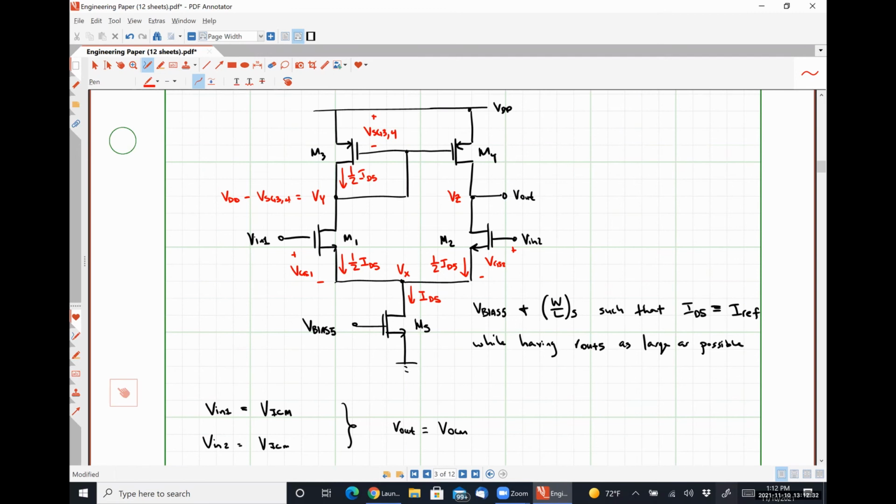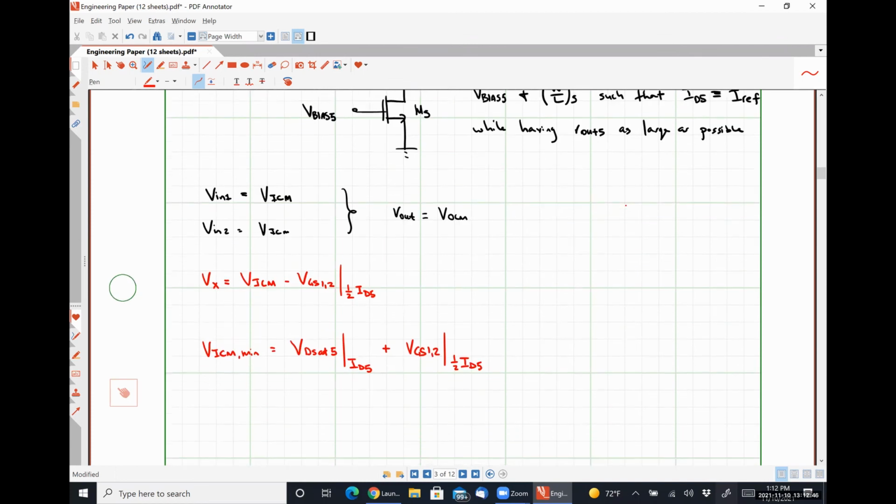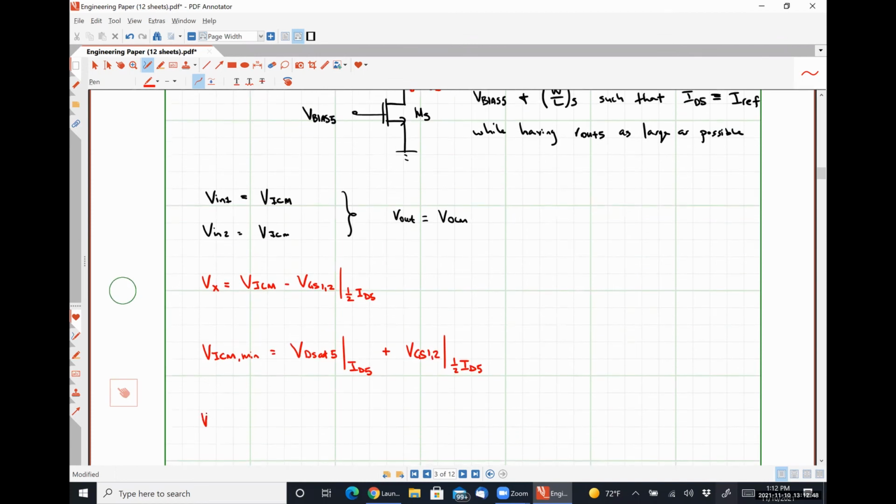We run up to a point where we're going to push M1 into the triode region, because VY can't move to accommodate the change in the input common mode voltage, right? So we'll find that VICM max will occur when our gate voltage is exactly 1 VTH above our drain voltage,